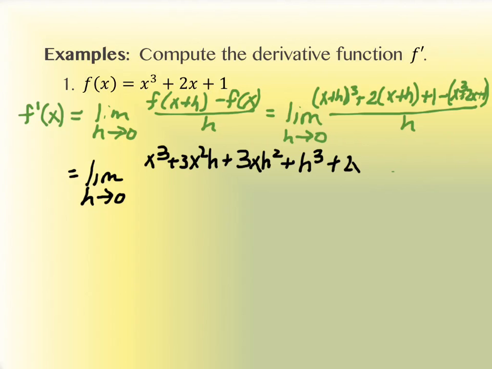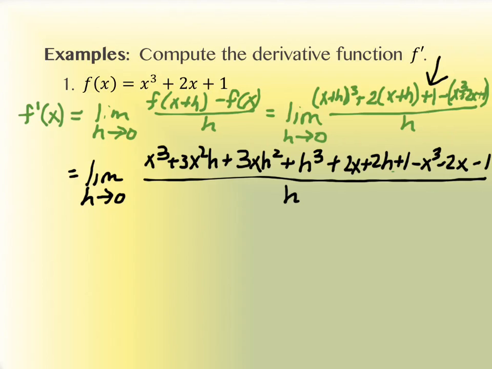That's 2x plus 2h. And then I can distribute the negative through the x cubed plus 2x plus 1 to give me negative x cubed, negative 2x, and negative 1. Oh, I left off the plus 1, didn't I? Nobody wanted to tell me. Sorry, this 1 right here I left out. There's that plus 1